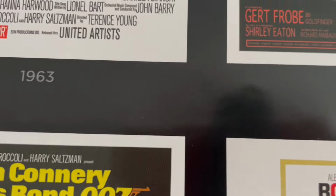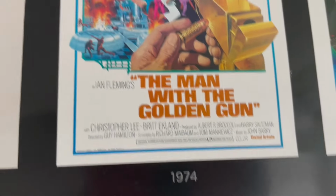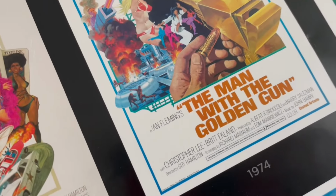In number 2, just edging ahead, we have The Man with the Golden Gun. Done very nicely, all the shots of the film. However, I think this isn't quite